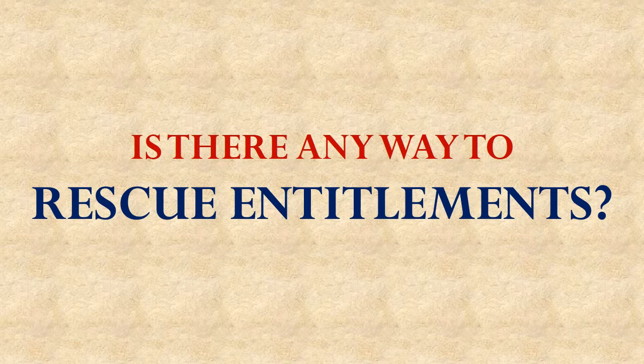Okay, so with all these problems, is there any way to rescue our entitlement system? It creates dependency and perverse incentives, and it's economically unsustainable in the long run, and it creates all these political problems. All right, is there anything to do about this to sort of rescue these things? The voters aren't going to want to get rid of these entitlements, but we're going to run out of money at some point, and they're going to collapse and go bankrupt anyway. Can we save them?